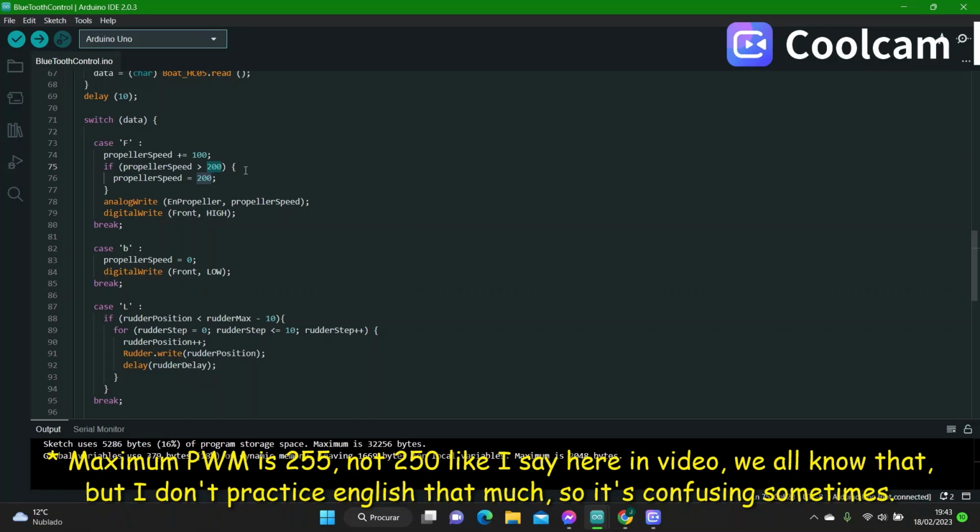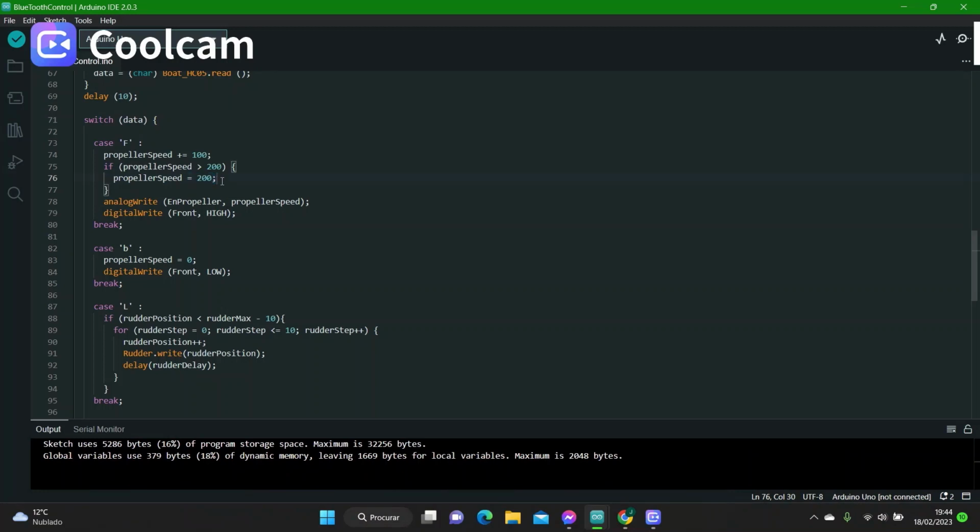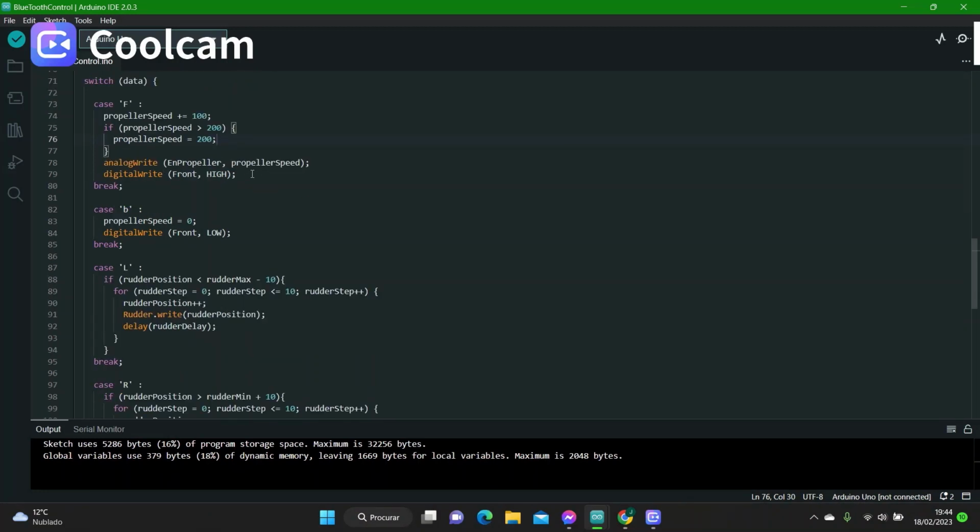If I need more, I'll add more later on. But for now, 200 is enough. But if it does go over 200, I repopulate the variable with the value 200. Then I write that determined value to the propeller over here, and turn on the front direction pin